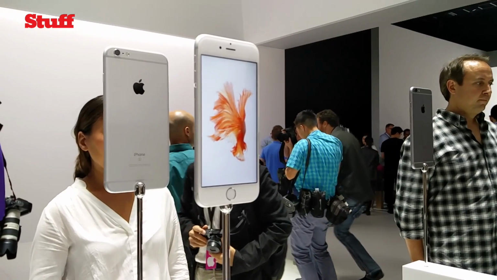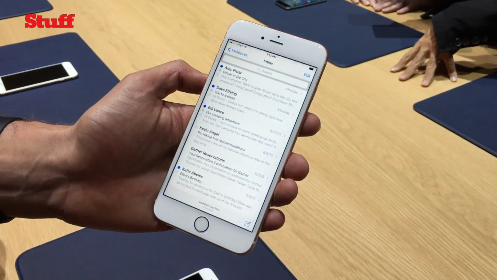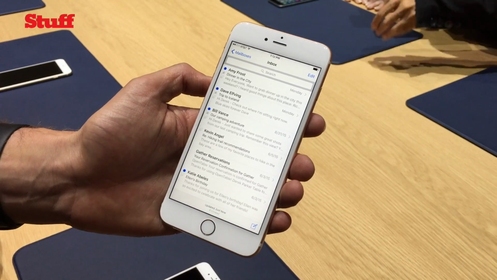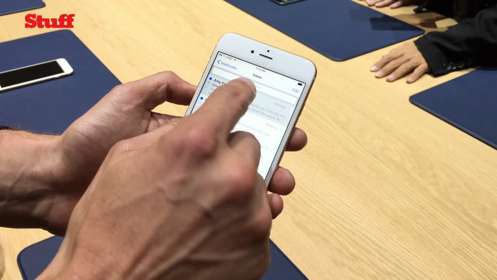Things we talked about today were peek and pop and quick actions. So I'll show you some peek and pop. Join mail, and peek and pop is really about exploring your content, or dipping in and out of content without losing your place. And so in email, as an example, the old way to do it, of course, would be